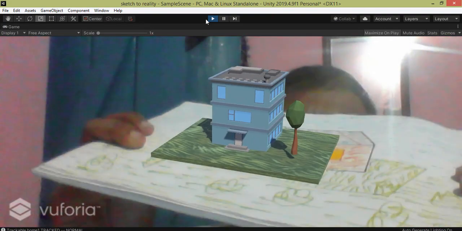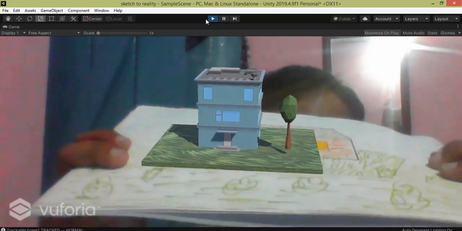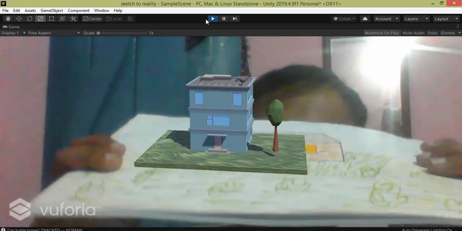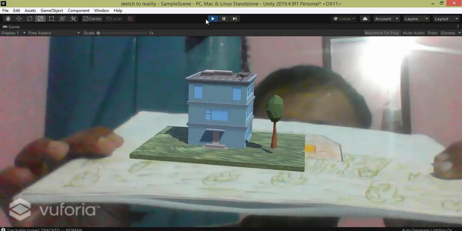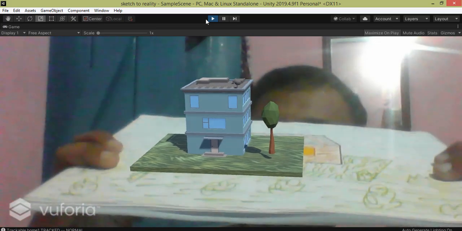So this is also called a multi-image tracking system, because in this, as you change the image target, the 3D object or the model which you created over it appears.